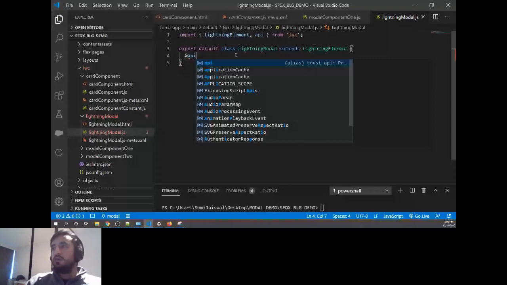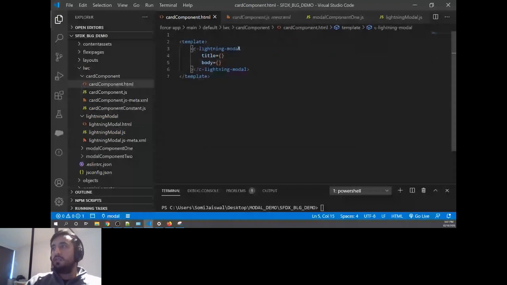And whichever data you want, you can pass from the modal data. So I'm passing the first modalData, modalData1, and inside that I have heading and body. I'll pass down modal1.heading, and I'll copy paste the same thing and pass the body.